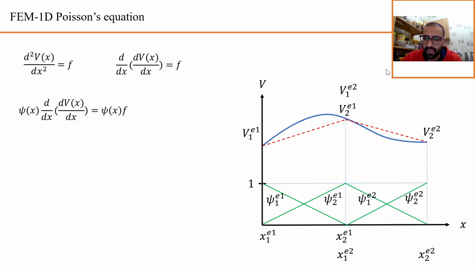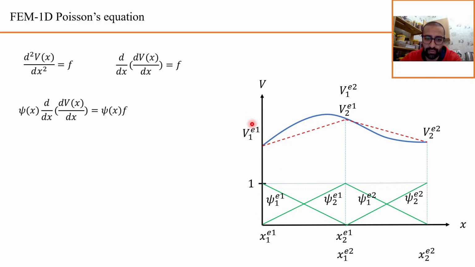Yeah, and you notice that here the position of the nodes for each element is known. For element number 1, the left node is x1 e1 and the right node is x2 e1. And also for the second element, the left node is x1 e2 and the right node is x2 e2. And let's assume that the value of this unknown v that we are trying to find here at the node